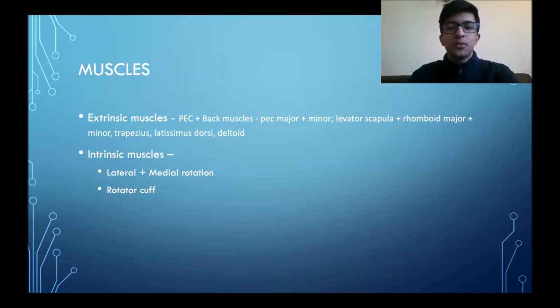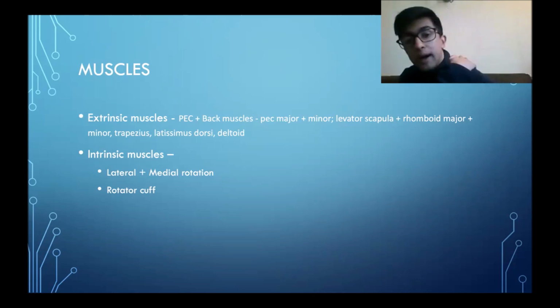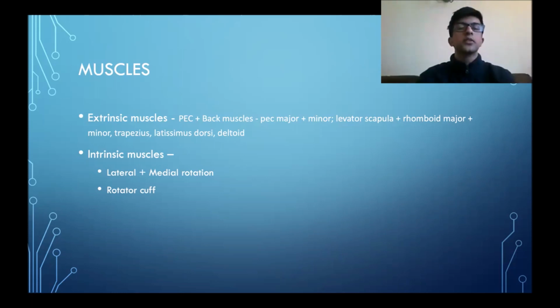Okay, so extrinsic muscles are basically the muscles that are outside the region of interest that we're discussing, because you have the pectoralis major and minor muscles of the chest. They still contribute to the upper limb because they attach in places within the upper limb. Then you have a lot of the back muscles that contribute for abduction. So I'm not going to mention all of those muscles because that will be talked about in the chest anatomy and the back anatomy. The muscles I want to focus on are the intrinsic muscles, the muscles that are responsible